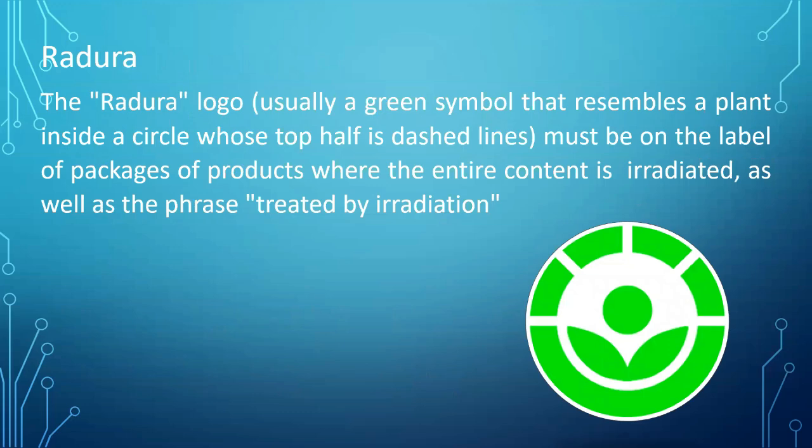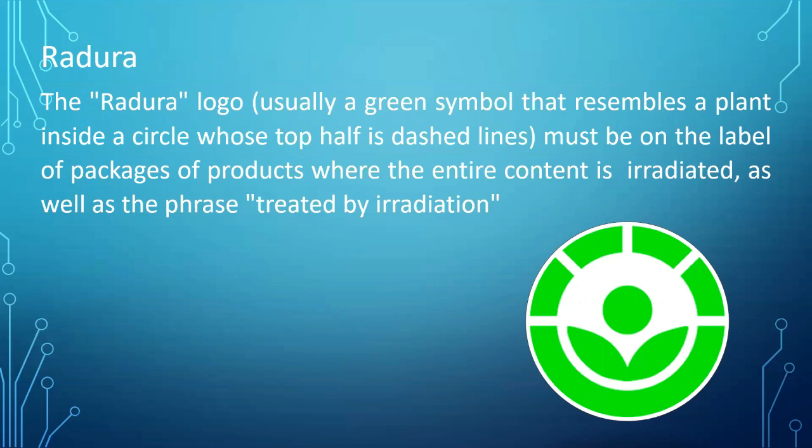Now coming to the logo for radiation. So how do we identify the products that are irradiated? Like suppose you are going to a supermarket and you want to find the product that is irradiated. How would you find it? So the FAO, Food and Agriculture Organization, has given some guidelines that all the foods that are irradiated, they should have a logo that is